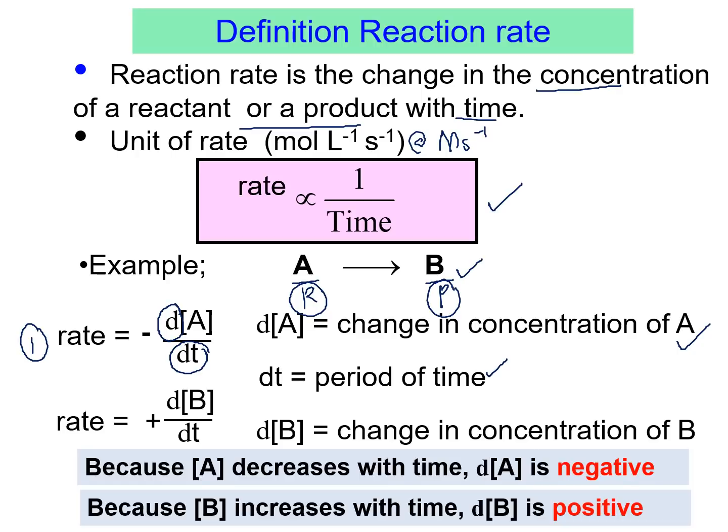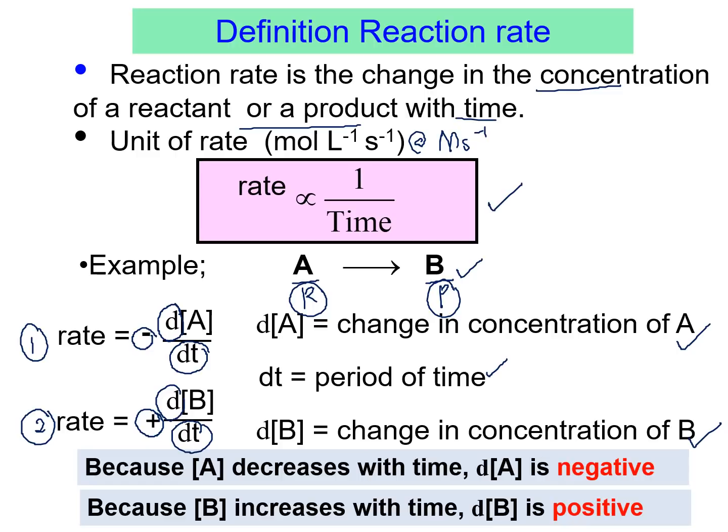Di sini, sign yang kita perlu masukkan adalah negatif. Kenapa? Because A as your reactant, so the concentration of A will decrease with the time. Untuk expression number 2 is rate equals to positive dB over dt. d means change. dB means the change in concentration of B over the period of time. Di sini kita masukkan positive sign because B as your product, so the concentration of B will increase with the